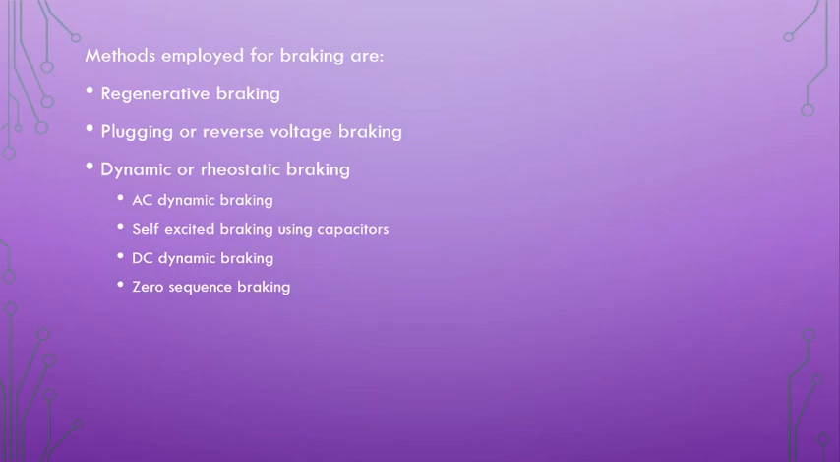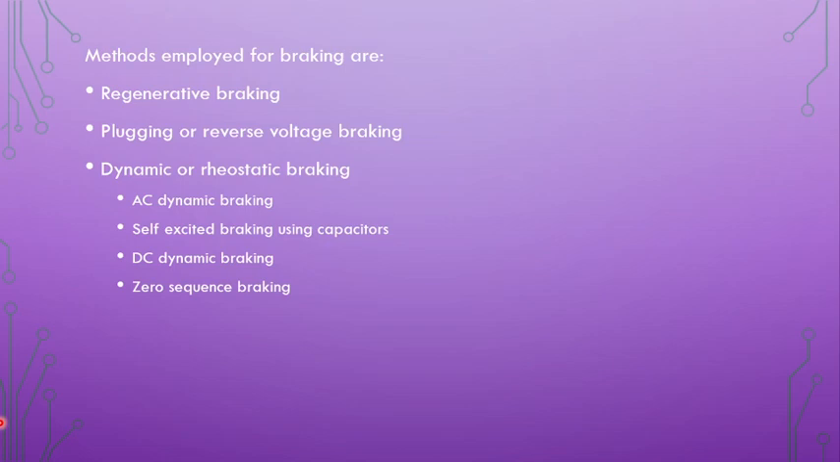Then in dynamic or rheostatic braking, we have four subtypes: AC dynamic braking, self-excited braking using capacitors, DC dynamic braking, and zero sequence braking. So broadly classifying, there are only three types, and the four subtypes we are seeing here are actually nothing but dynamic or rheostatic braking. These are the different topologies of dynamic braking. So strictly speaking, there are three types of methods employed, and among those three types, these are the different topologies in dynamic braking. With that point in mind, we shall proceed further